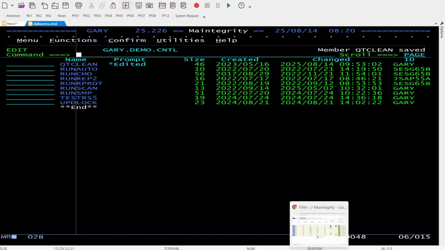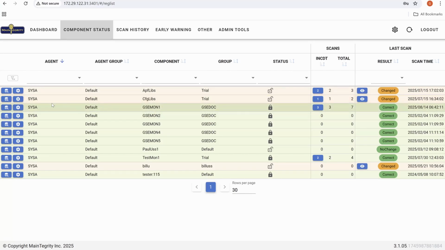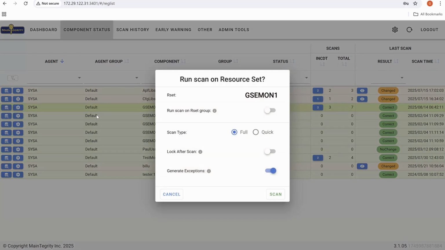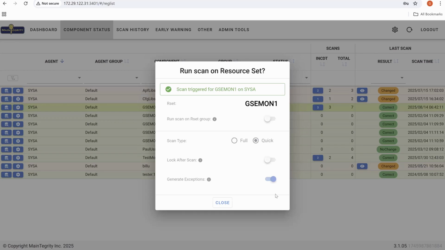So what I'm going to do now is run a scan on that collection of files, and I can do that from within the browser interface. I can also do it from batch or from ISPF, and I'm just going to do a quick scan. We didn't really talk about what types of scans we support, but a quick scan just creates the metadata portion of the key. The key's multi-part. There's a part of the key that's based on the contents of the data and part that's based on the metadata. I don't want to go into it now, but we can detect most changes just doing a quick scan, which is the metadata piece. So I'm just going to do that.